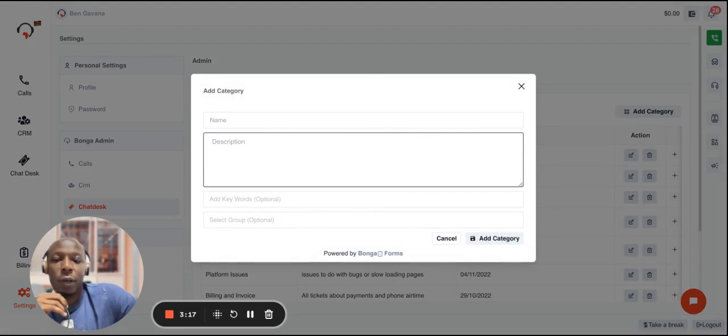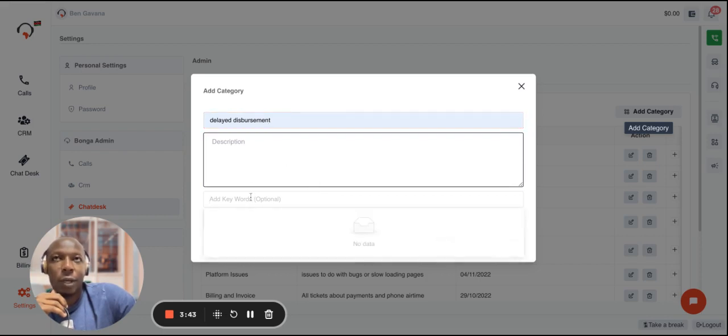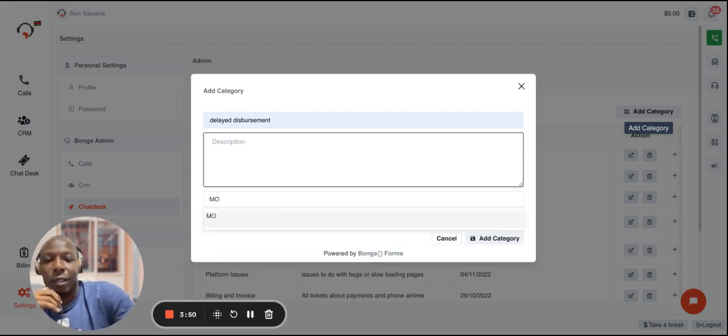But most of the time, we advise clients to always look at issue categories based on the service. For example, if you have a service like lending, an issue category example would be something like a delayed disbursement, or, if it's lending, someone reaching in to ask for an extension over a payment. So of course, for delayed disbursement, you can add specific keywords that are really key for someone reaching in for delayed disbursement. Might be something like money as a keyword,